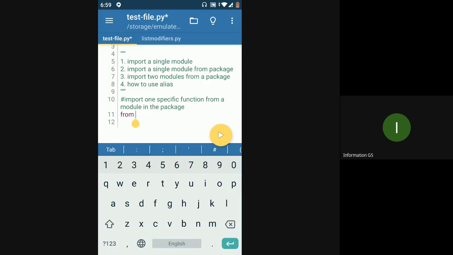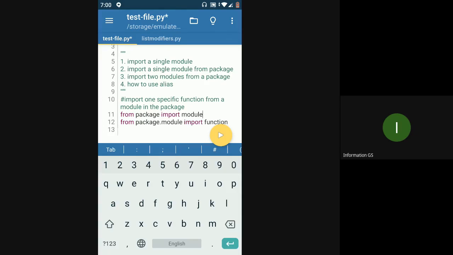So what I'm going to do is: from package name dot module name import function name. Package dot module import function. This is the syntax that I'm going to use. Initially, when I was just importing a module, which was basically me trying to import all the functions present in the module, I used to do from package import module.